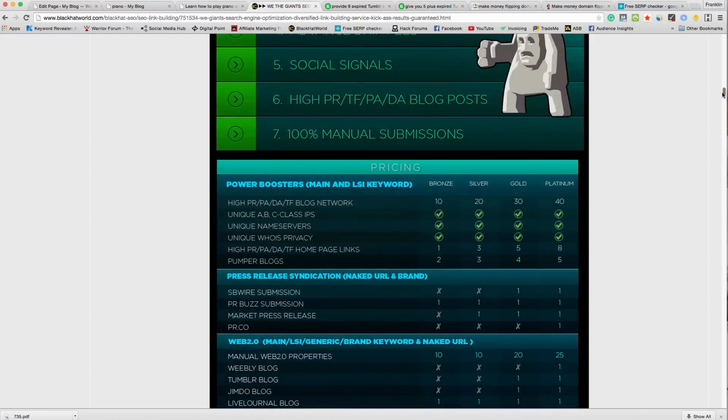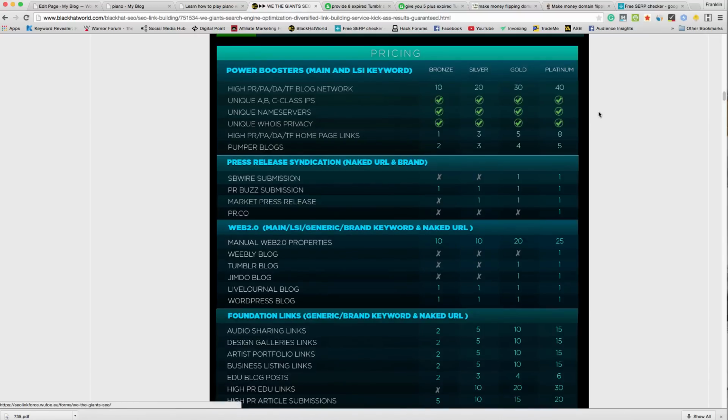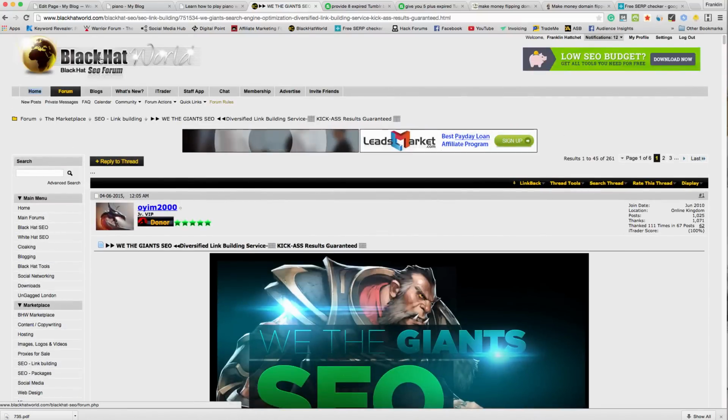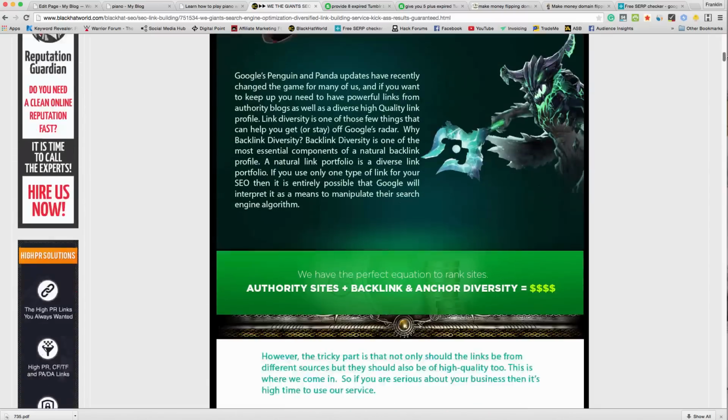So I might go and buy a package, and I do buy a lot of packages, and I do test a lot of packages. This one here is a bronze. I usually just buy the bronze one. This is on Black Hat SEO forum. Don't worry about the name. A lot of the stuff is white hat, and it works just fine. Now this one here